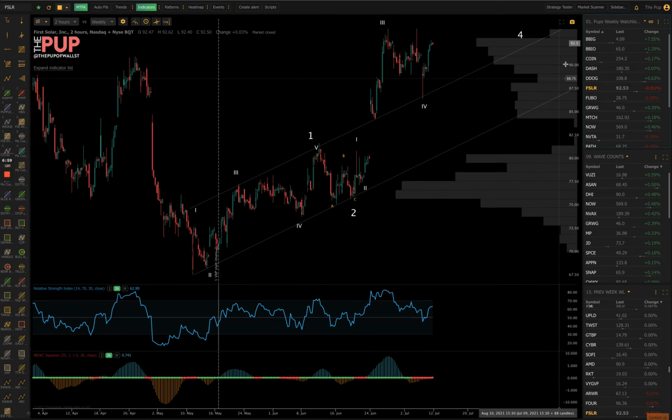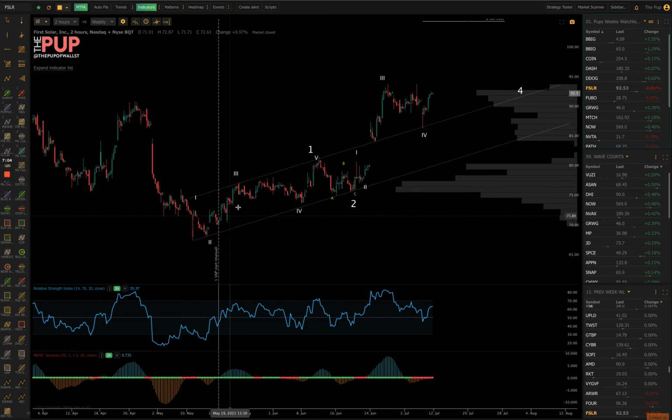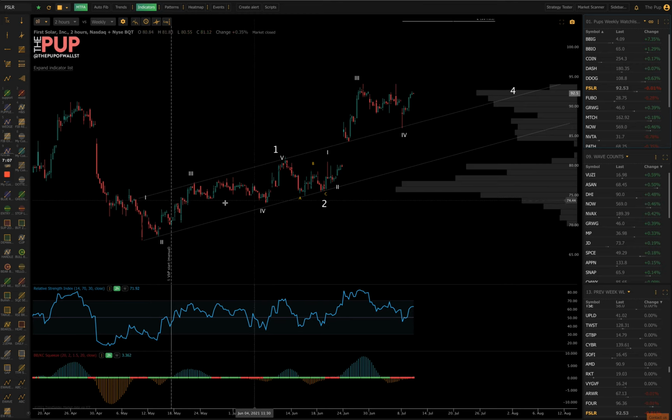Next up is FSLR. Another thing I do with waves, I like to track the initial 1-2 channel. That generally gives me guidelines for pullback entries. And so you could see on this subwave 3, we did have a nice gap, and gap ups tend to happen in wave 3. They don't necessarily, I mean, they could of course happen in wave 1 and wave 5, but when you get these big gap ups like this breakaway gap up right here or acceleration gap up, those tend to signify a wave 3 movement. And so I'm tracking a wave 1 up, and then an ABC correction to our wave 2,